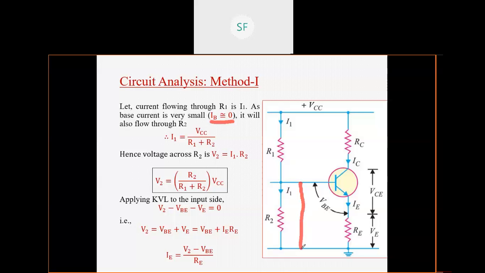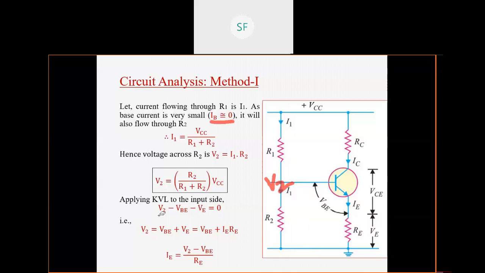But we are interested in the voltage drop across R2, let's say the voltage drop across R2, we will say it is V2. So you can measure V2 by these two terminals, right? Across this resistor R2 you will get your V2. So we are interested in this particular thing. So that's why we will find out the value of V2.